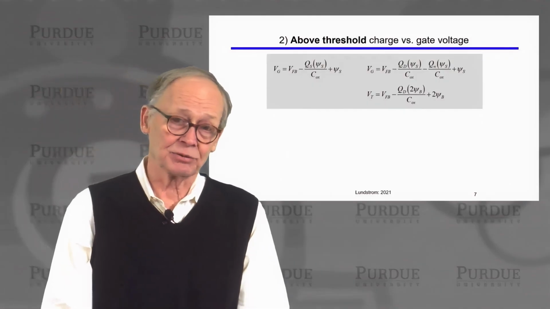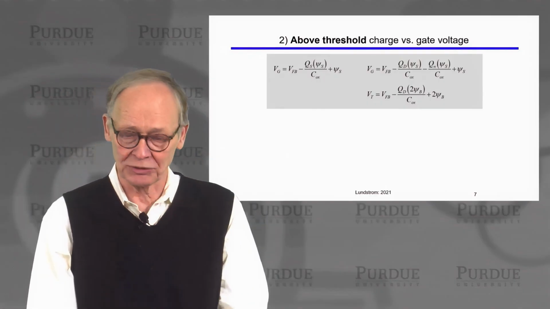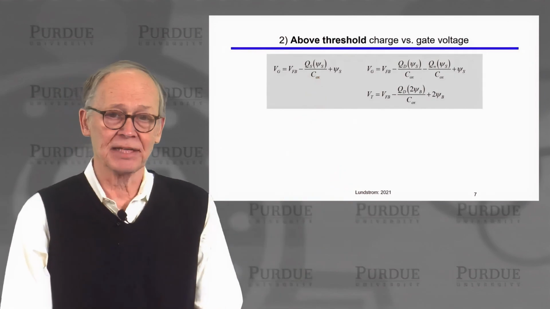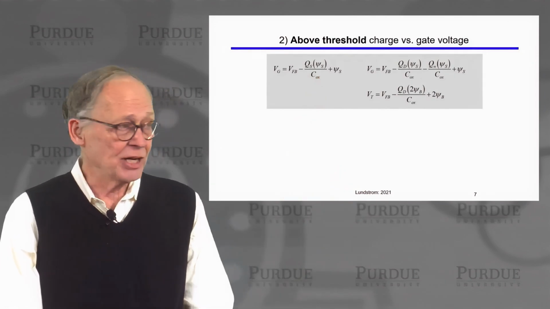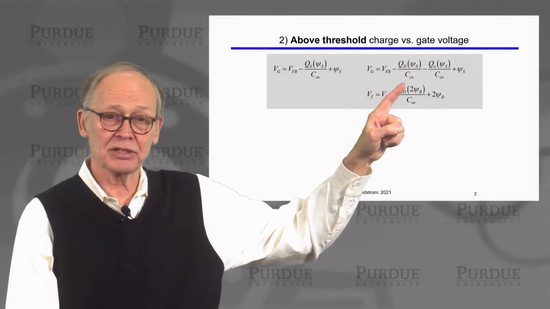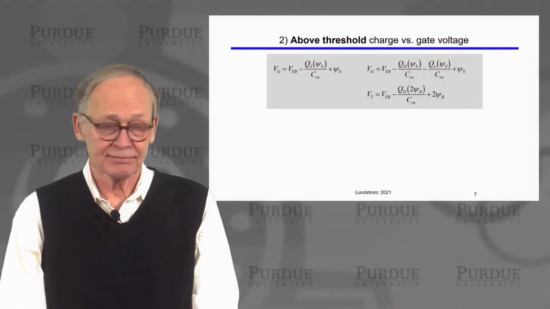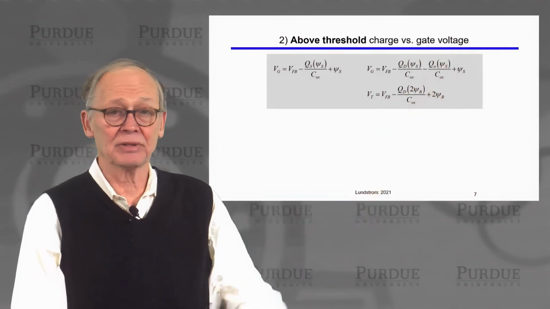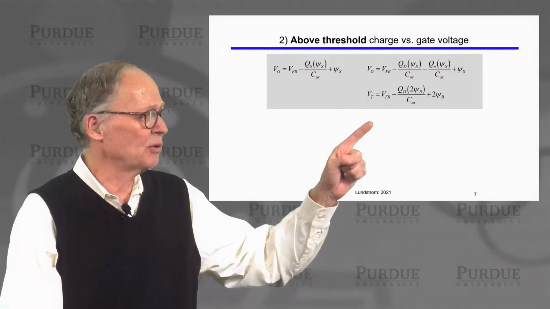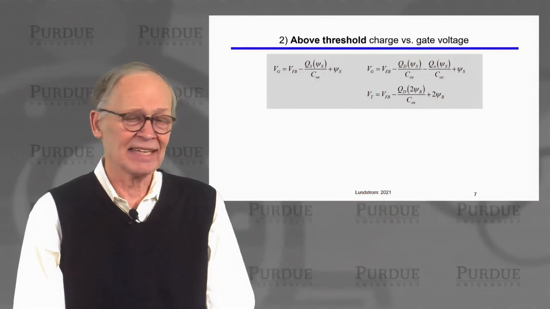All right, what about above threshold? Above threshold is when the transistor is on, carrying the currents that we want to flow. Well, we have our relation between gate voltage and charge. In general, if we're above the threshold voltage, we will have depletion charge, and we will have mobile electron inversion charge. And the bands will be bent by some amount that is a little bit greater than 2 psi b. The threshold occurs at the point where we just bend the bands by 2 psi b,